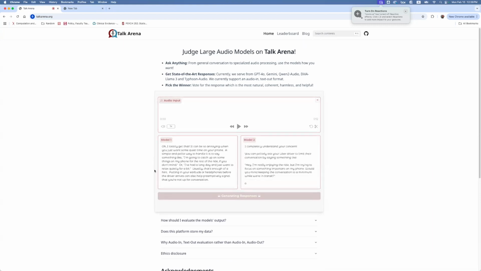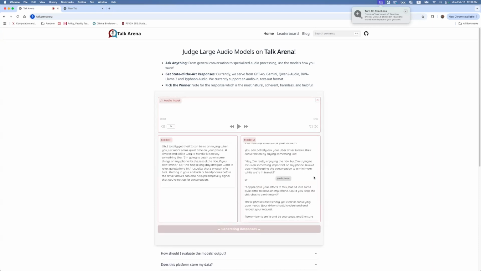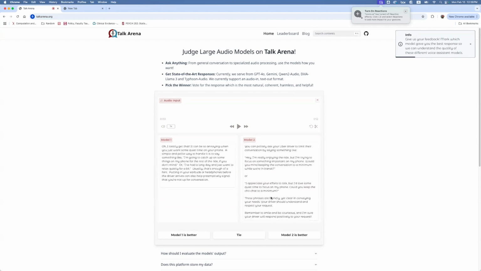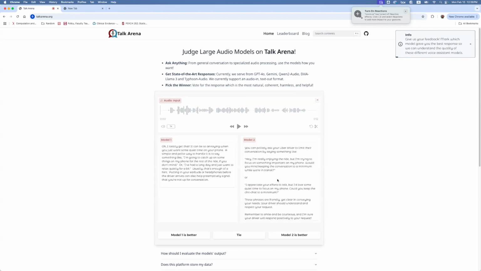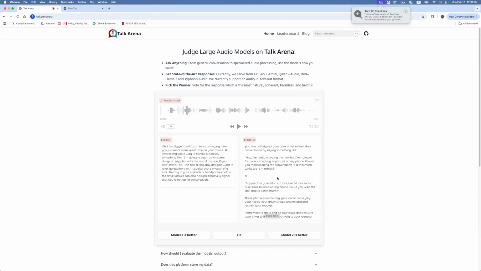So as you can see, the left side already has a response, and the right part is still generating. You can read the different responses here. I personally think that model 2 is better just because it gives me two responses, and the format seems fine. So I'm going to go with model 2 here.